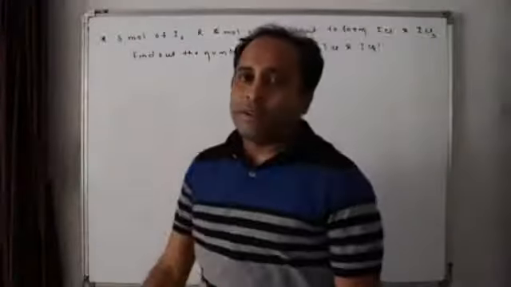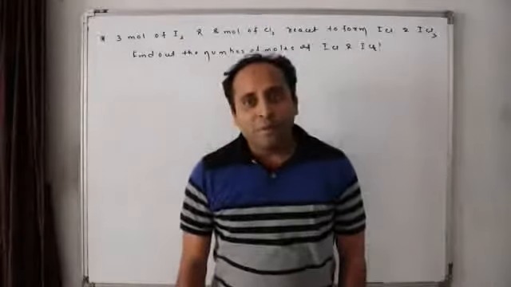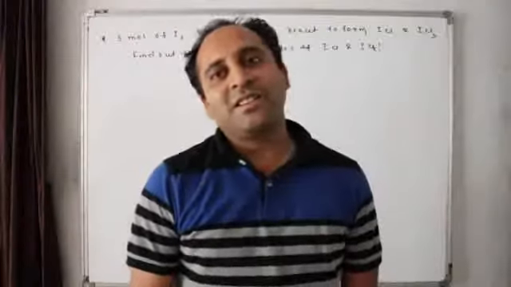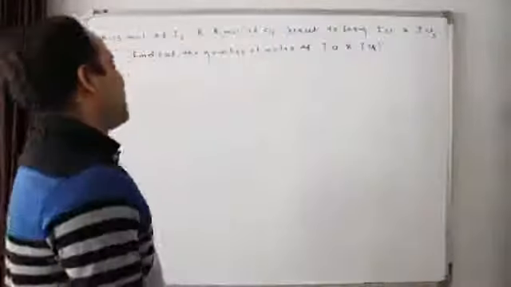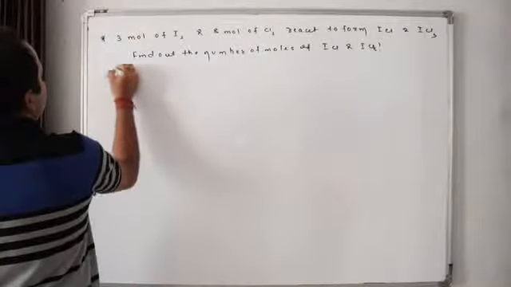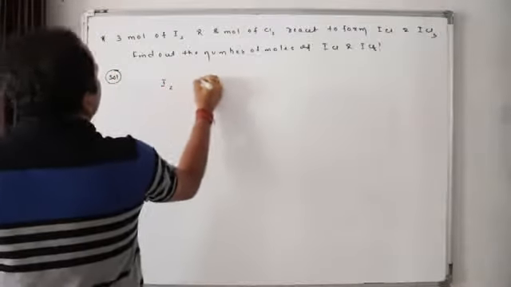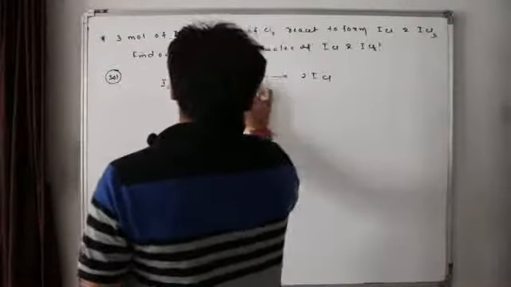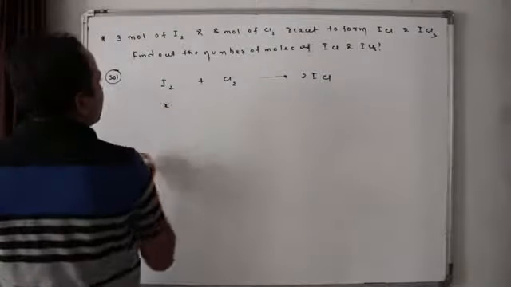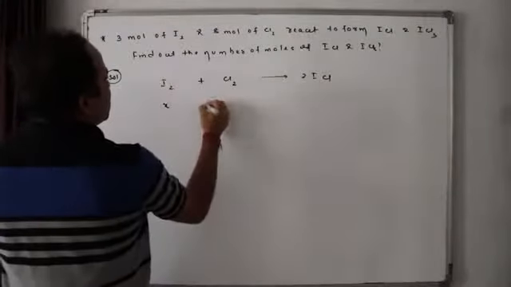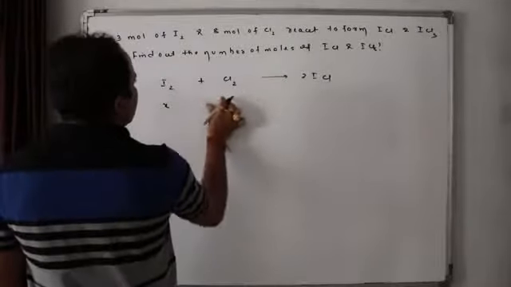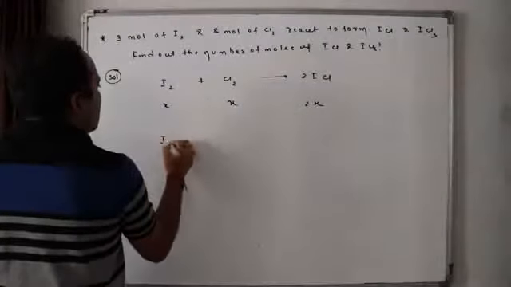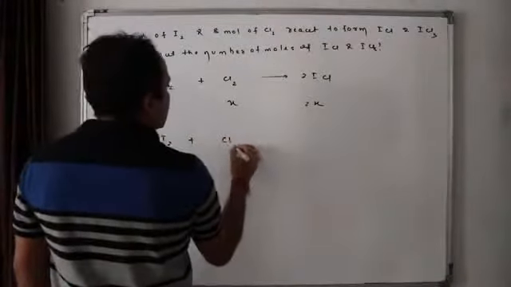See, I said if you can do it by balancing, it's well and good. If you don't know balancing, then we have to wait till the inorganic chemistry is over. Or else you can go for POAC. Clear? Look at this case. Solution. Let me first write down. I2 plus Cl2 gives 2 ICl. Is this the reaction? If I take X moles of iodine, then here chlorine, how much is required? X moles. How many moles are formed? 2x.